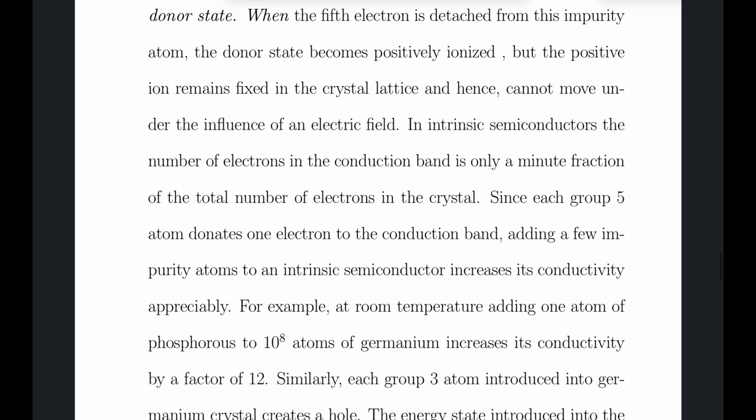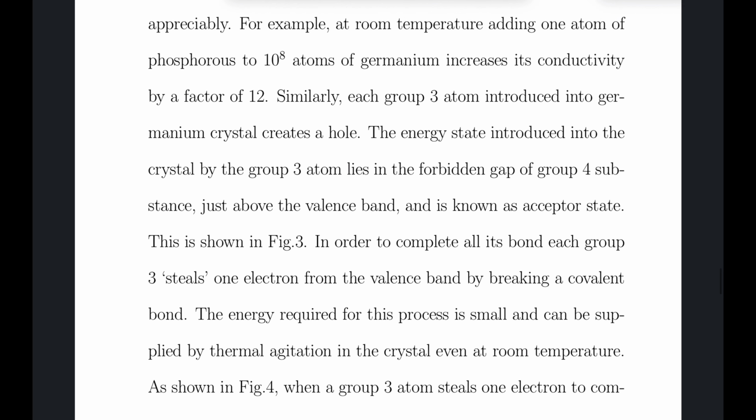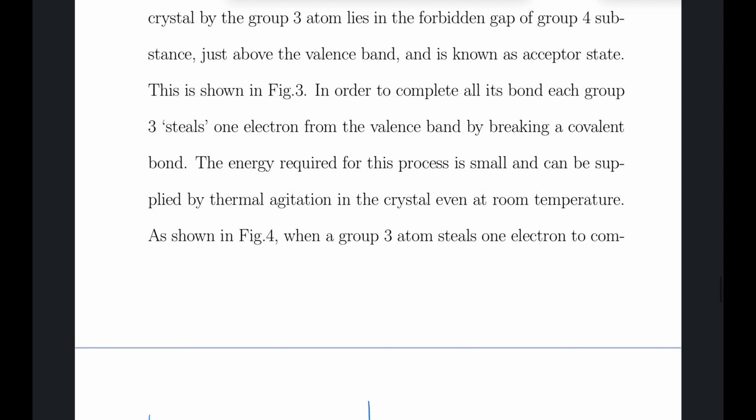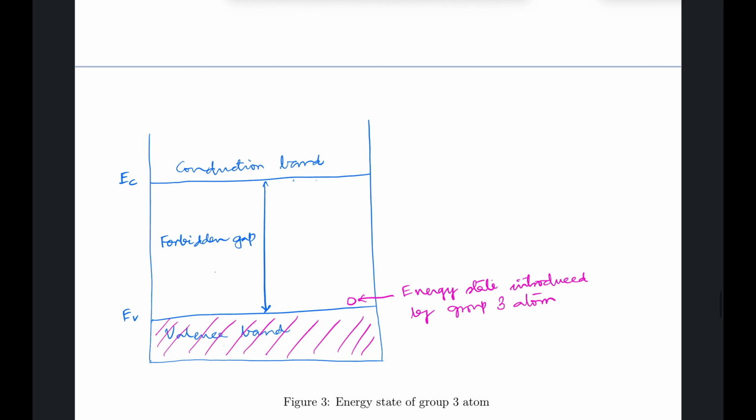ठीक है? Similarly, each group 3 atom introduced into germanium crystal creates a hole. The energy state introduced into the crystal by the group 3 atom lies in the forbidden gap of group 4 semiconductor just above the valence band and is known as acceptor state. This is shown in figure 3. तो देखिए ये फिगर 3 हमारा है।